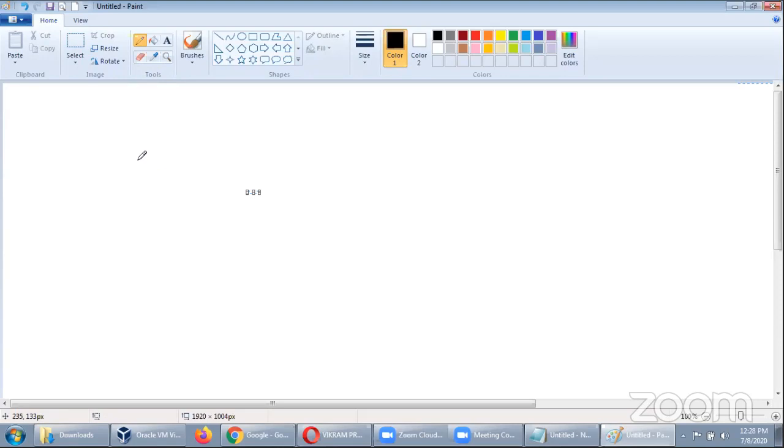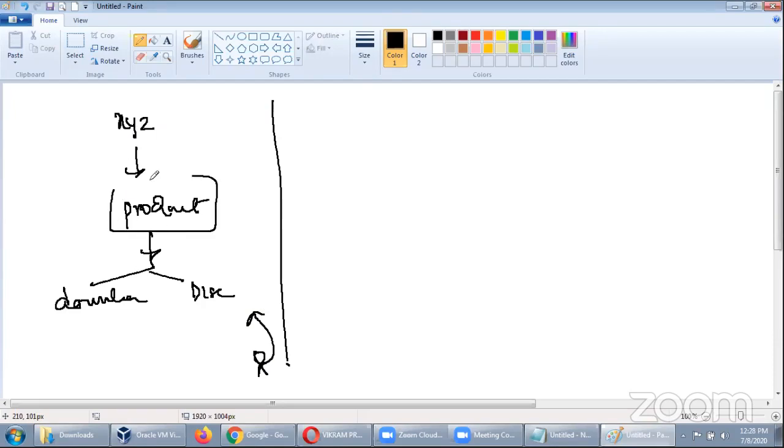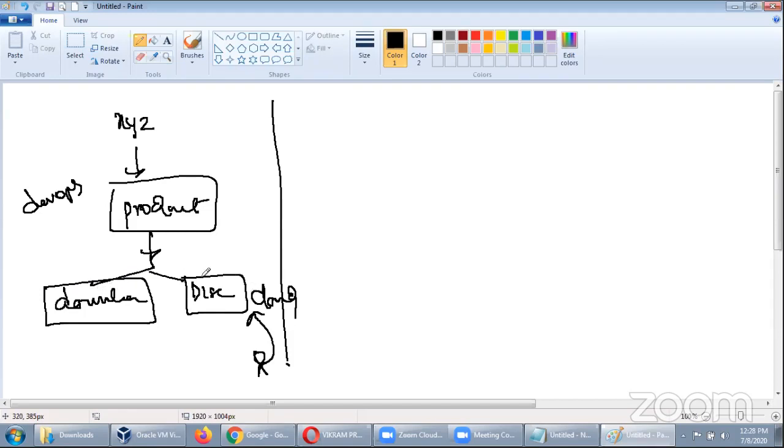I'll give two situations so you'll understand. Let's say there is a company called XYZ and they have a product. They sell their product through only two methods: download, or they send you the disk. That's it, no online. If you're getting a job in this kind of product-based company, then cloud knowledge is not required. It's the same DevOps only. They are selling their product by download. If you pay something, they'll allow you to download it and install it. That's fine. Or they'll send you the disk. So for this kind of business, cloud knowledge is not required.